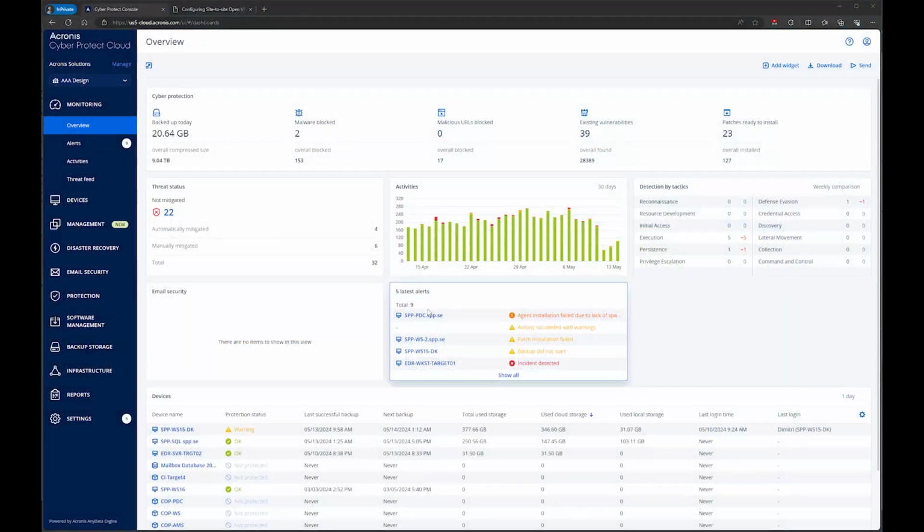Hello, everyone. Today we're going to talk about the VPN appliance that's used in the disaster recovery cloud on the